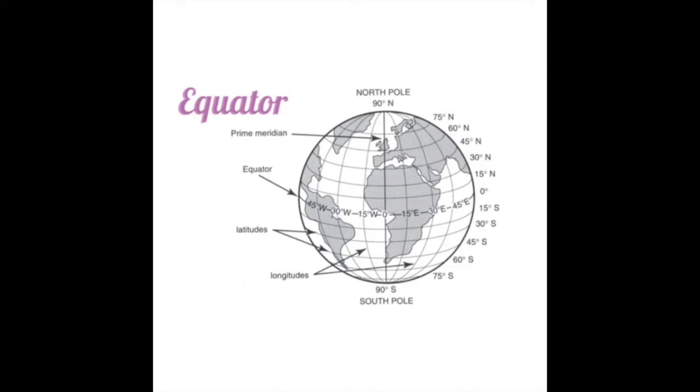The one to the north is called the northern hemisphere, while the one to the south is called the southern hemisphere. Towards the north and south of the equator, parallels of latitude progressively become smaller and smaller. On the globe, at the north and south ends of the Earth's axis, they appear as points. These are called the North Pole and the South Pole.